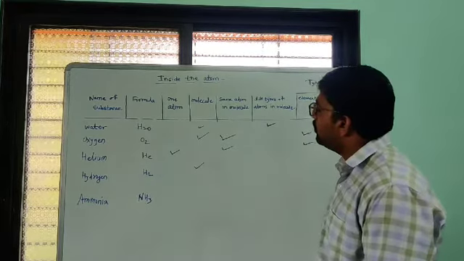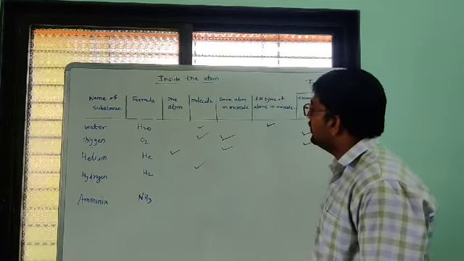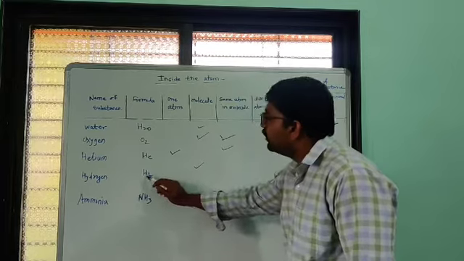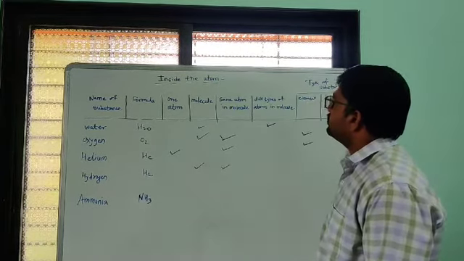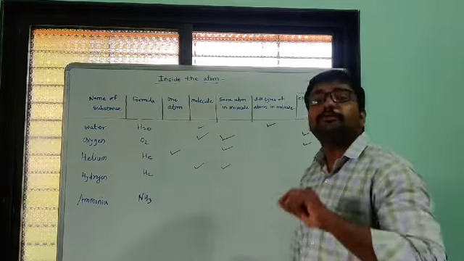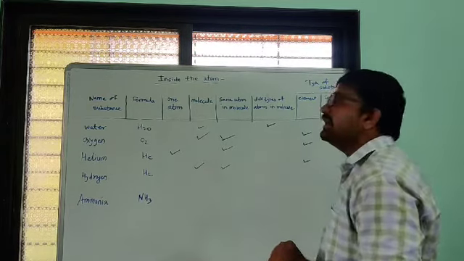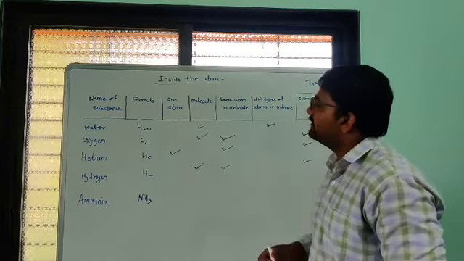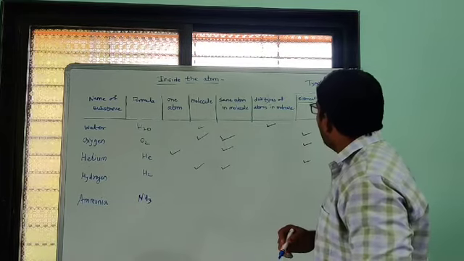If two or more atoms come together, then it is called a molecule. Next, same atoms in a molecule: H2, hydrogen, hydrogen. Two hydrogens are there, so it is the same atoms in a molecule. And if only one type of atom is there, then such substances are called an element. In such a way we can categorize the substances as element or compound